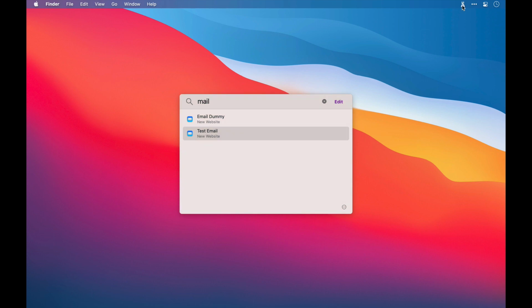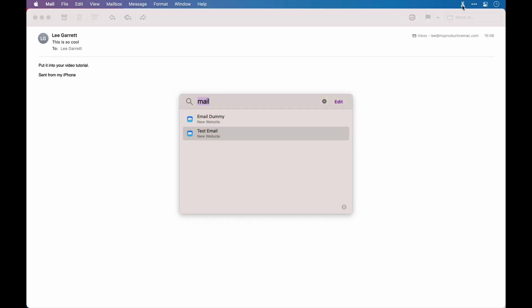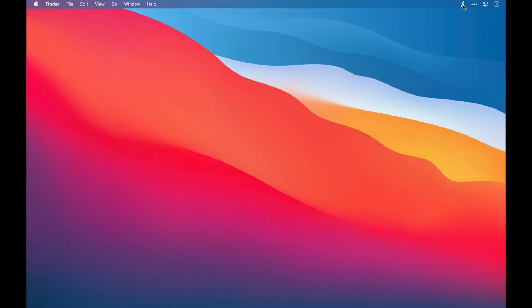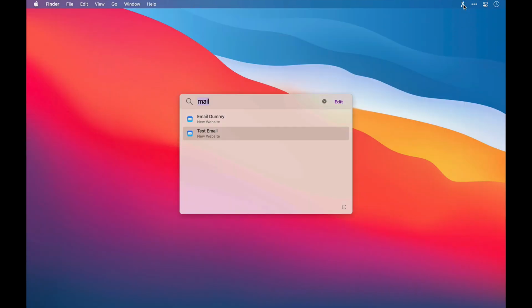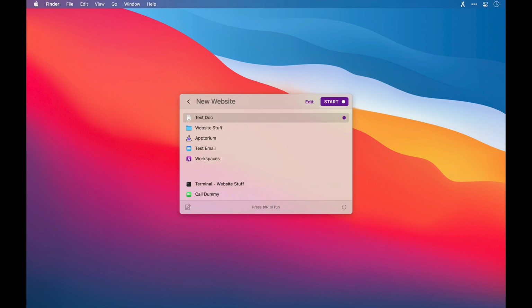Selecting any of these will open that resource. And there it is, open in the background. I'll just close that and come back in. It's still got the same search entry and results on show. Let's search for another resource now. I'll type call. And if I was to tap enter here, then a call would be made to that number. Okay, back again. And this time I'm just going to press enter on the workspace.